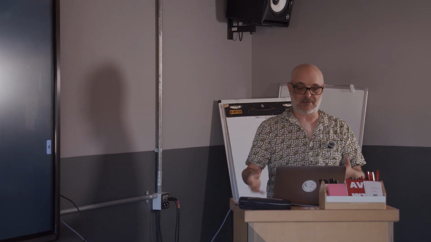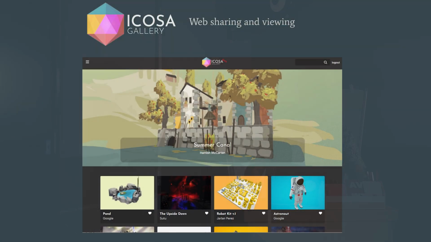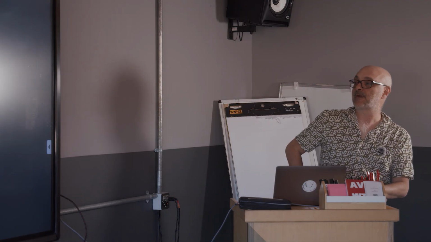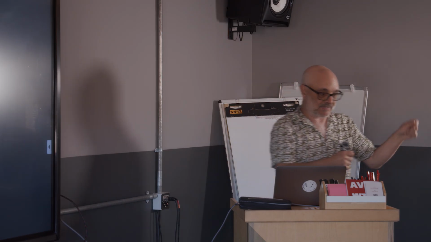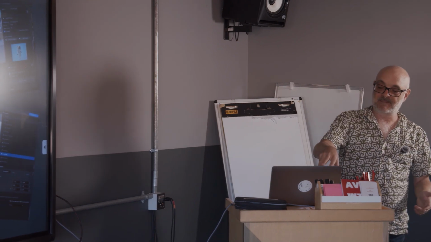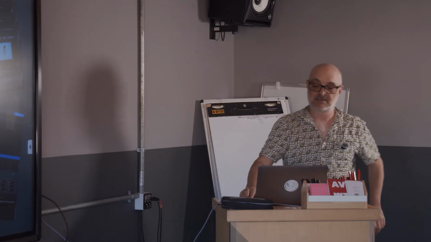The third part of the project, the thing that binds them together, is the gallery, which is a website for uploading and sharing and showcasing and exploring scenes made either in Blocks or OpenBrush or in any other 3D program that can export to a common format. But there's a nice workflow where you work in one application, you make something, and then you upload it to the gallery, and then you jump into another application and you can see the stuff you've made, and you can change it or import it or do stuff to it. So we've spent quite a lot of time getting the gallery to work with different applications.